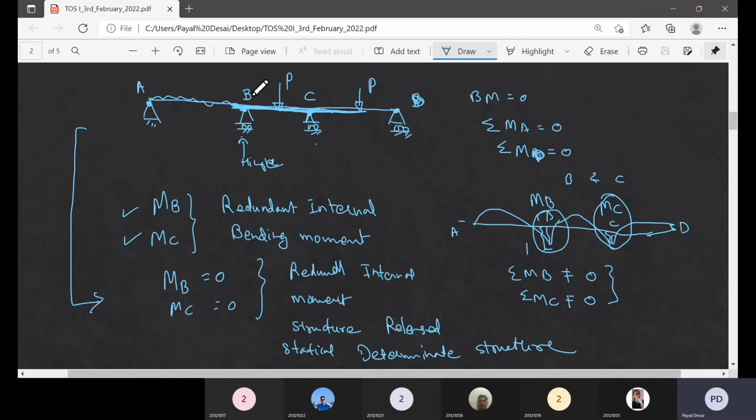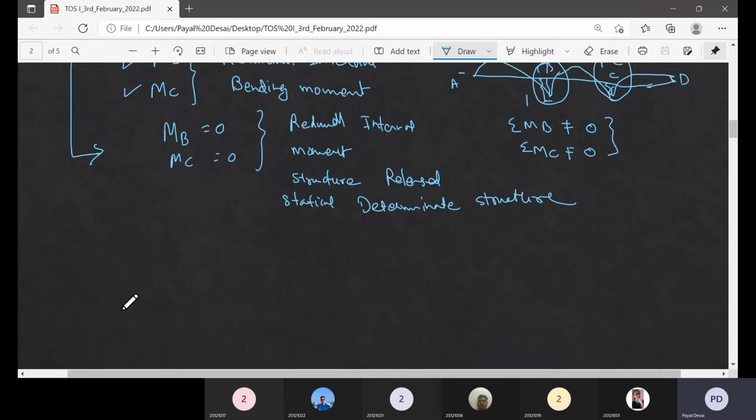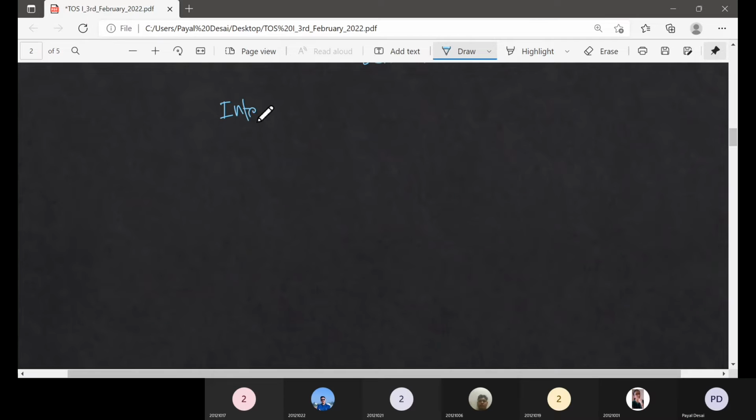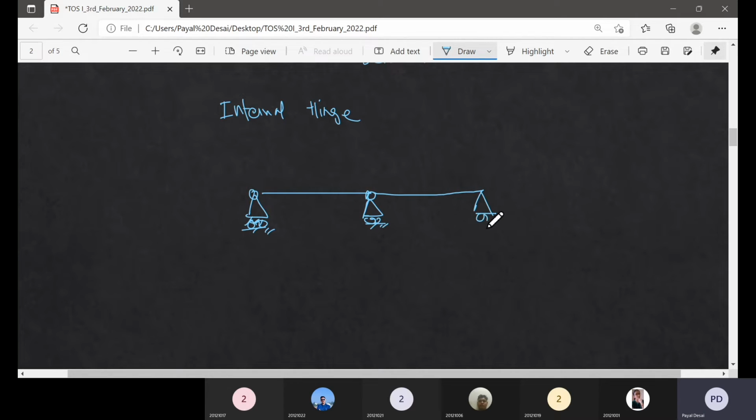Now, we have to change the structure in such a way that MB and MC are 0. So what I do, I simply introduce an internal hinge. Internal hinge means there is a discontinuity in the structure. I have introduced it rather than continuous. I told you the continuous structure does not have internal moment 0, but here I deliberately make the internal moments 0. यहाँ में internal hinge introduce कर दो, then automatically these three beams become statically determinate, all three simple, so it is converted